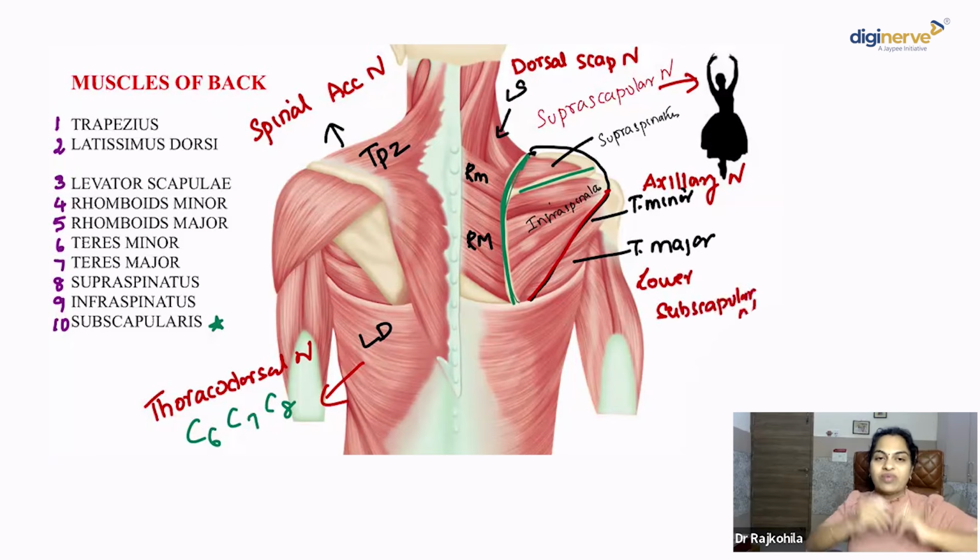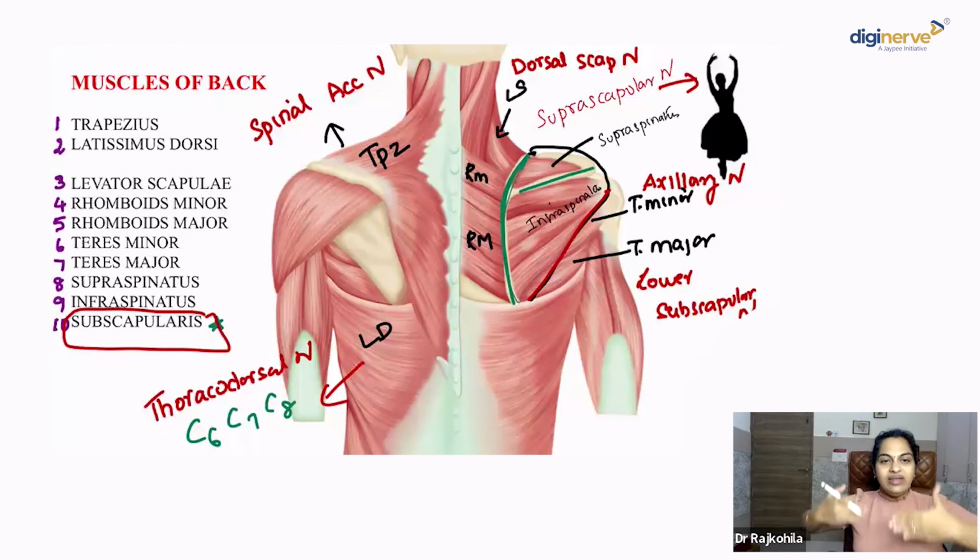So there are two subscapular nerves, the upper and lower subscapular nerve, that are going to innervate a muscle that you see on the anterior surface of the scapula, the subscapularis. So what do you mean by the term hybrid muscles? Muscles which have a dual nerve supply. So the subscapularis, getting innervation from the upper and lower subscapular nerve, which are both branches from the posterior cord of brachial plexus, is considered to be a hybrid muscle.